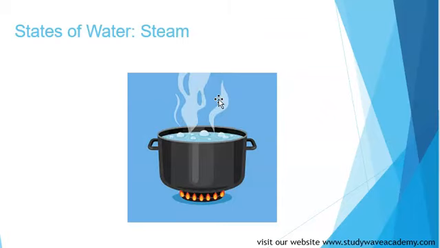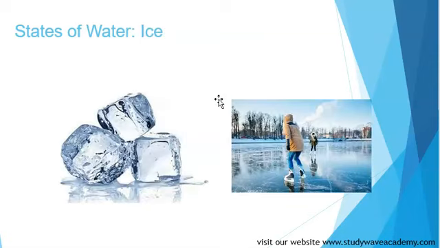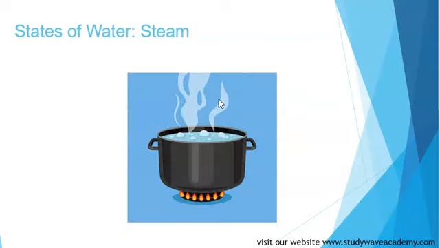Water can be in the form of a liquid, and it can also be in the form of ice, and it can also be in the form of steam. And this steam is when we're boiling water and we look closely, that thing that comes out, which is this over here, it is called the steam. And that can also be water. We got that right?